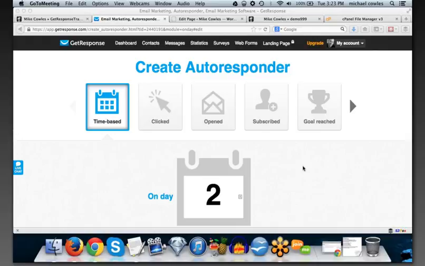All right, and then let's see. Ed said, do you have to have Get Response for training to make use of the training? Well, it's free for 30 days, Ed, but if you have something else, you're just going to be lost because they're all going to have different pages and different methods of getting things done. So I would definitely not buy it unless you're getting Get Response. All right, and let's see. Lynn said, do you still get the PLR if you bought Get Response through your affiliate link? Yes, you do. Yes, you do.